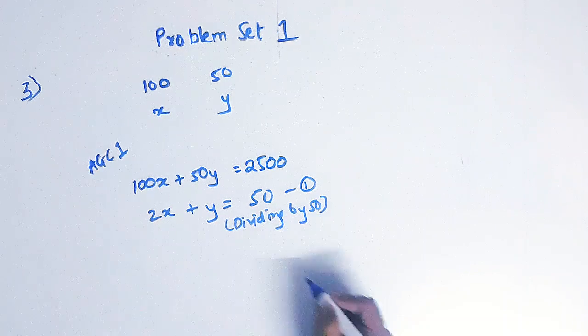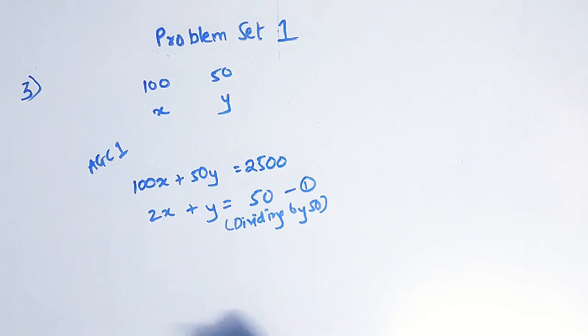The second equation says that if Anand would have interchanged the number of notes, Anushka would have received rupees 500 less. So again